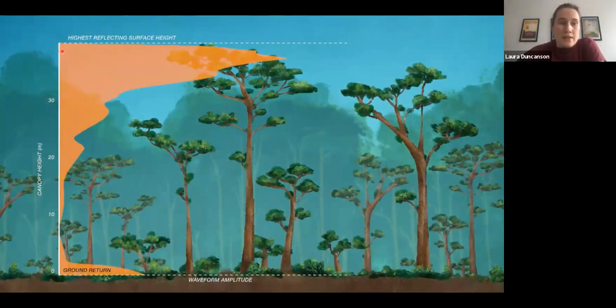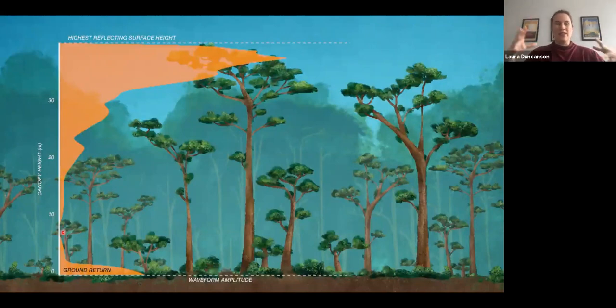And then the difference in time between when these first photons reflect back off the top of the canopy and the last photons reflect off the ground gives you the maximum canopy height. And then this orange squiggle here is a full waveform. So this is the actual observation that GEDI makes: a waveform LiDAR observation. So it gives you not only that maximum height, the ground elevation, the height of the canopy, but also the three-dimensional distribution of material in each of these shots.